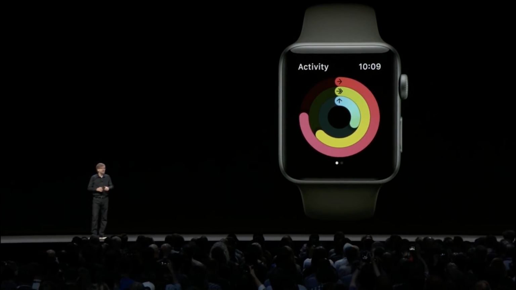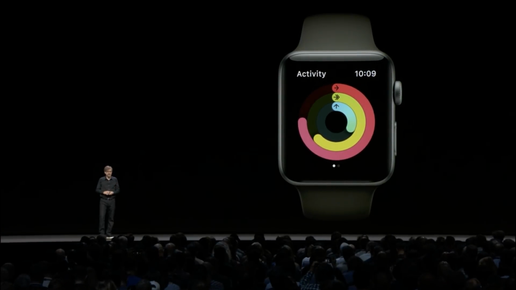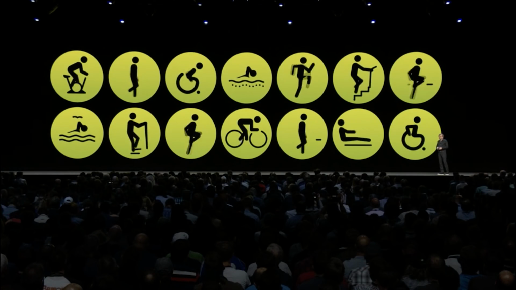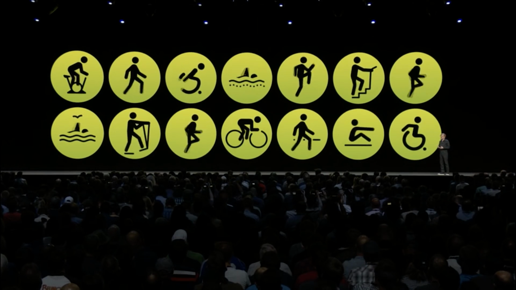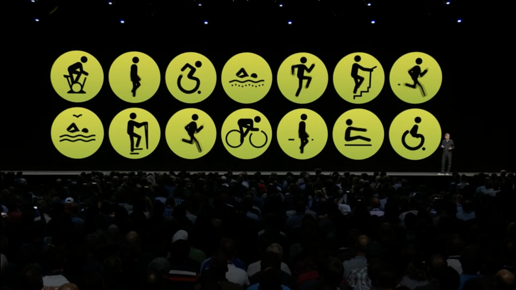So when you raise your wrist and you look at your activity rings, the information is not only accurate, but it's also meaningful to you. Now, when you do want to go do a workout, there's a lot of workout types you can choose from. And they all have custom algorithms to measure things like calorie burn, pace, distance, elevation gain. And when you're swimming, it even counts laps and detects what swim strokes you're using,